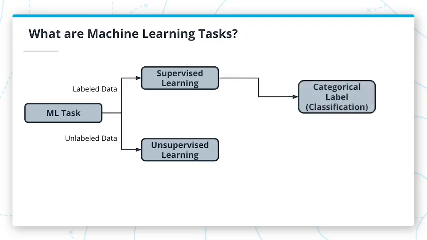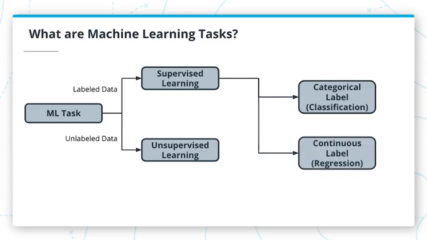Imagine that we trained a machine learning model to predict the type of a flower based on images. In this example, our label is categorical. We are performing a classification task. In our snow cone example, we were trying to predict the number of snow cones sold on a given day based on a temperature. Our label is a number that could in theory be anything. In that case, we are performing a regression task. These are just two of the most common examples. You will find many other types of supervised learning tasks as you explore the machine learning space.